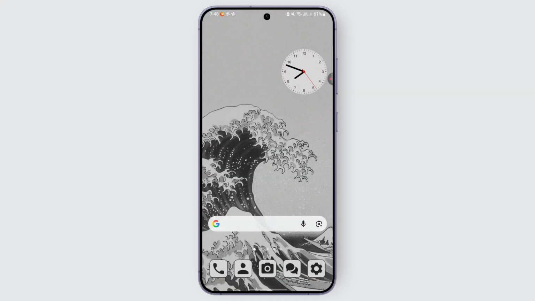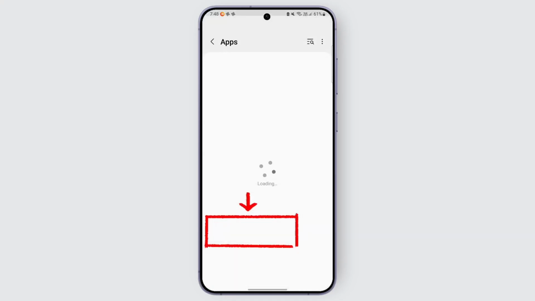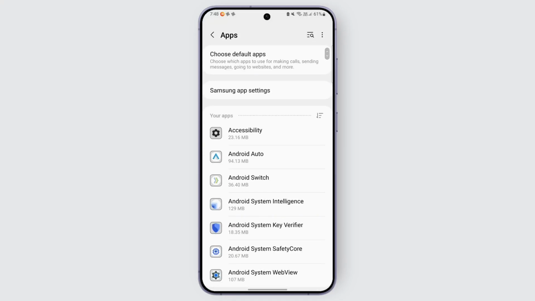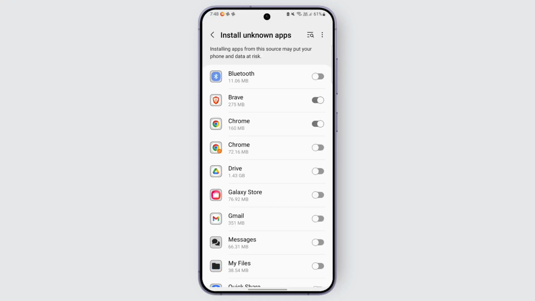And you need to manage permissions as well. Sometimes go to settings, scroll down, find apps and tap on it. And look out for the three dot in the top and tap on it again. And look out for special access. And turn on this option for installing the unknown applications. And select the particular app from which you're